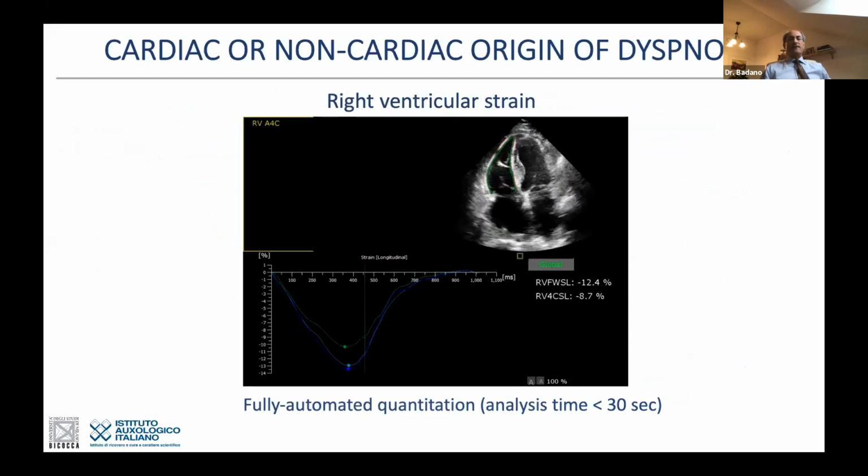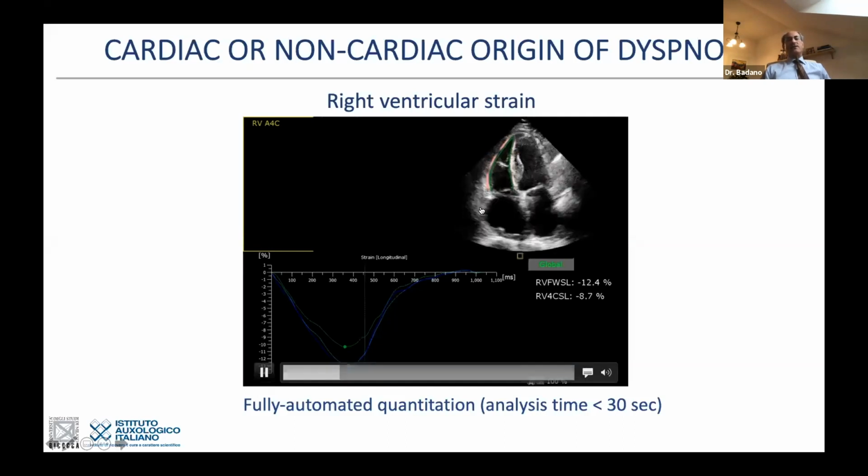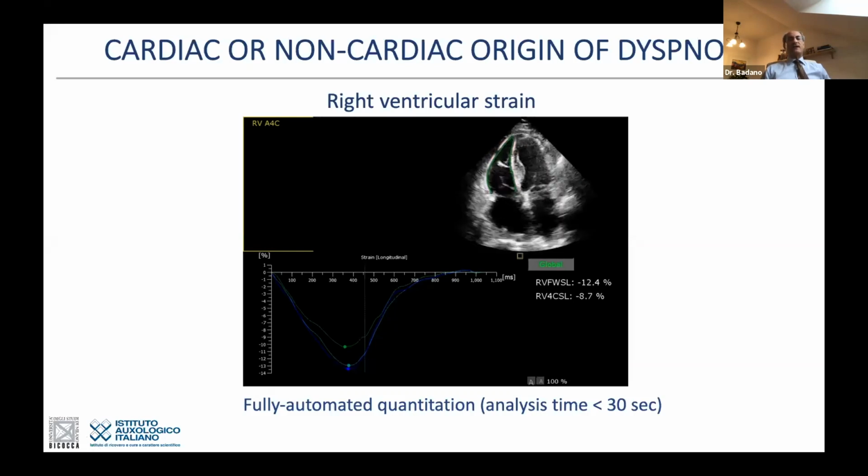We have not finished, because we have seen that in our patient the right ventricular ejection fraction was normal, but the ejection fraction is just the pump function. It doesn't tell us that much about the function of the myocardium. So we acquired two-dimensional images focused on the right ventricle and asked the software package to assess the strain of the right ventricle. This is again a fully automated